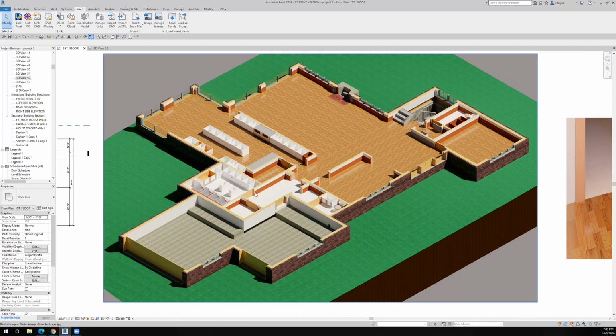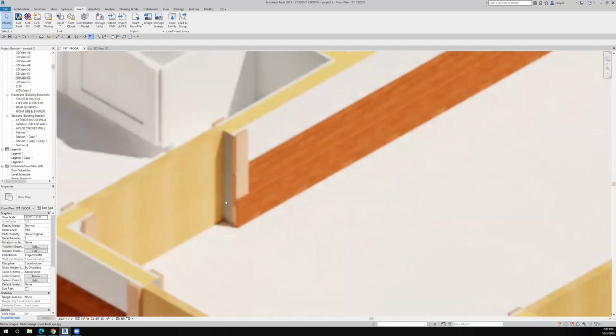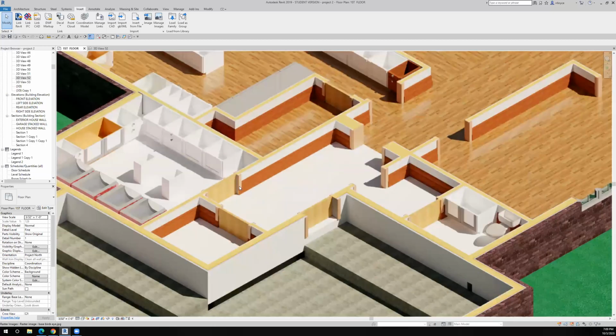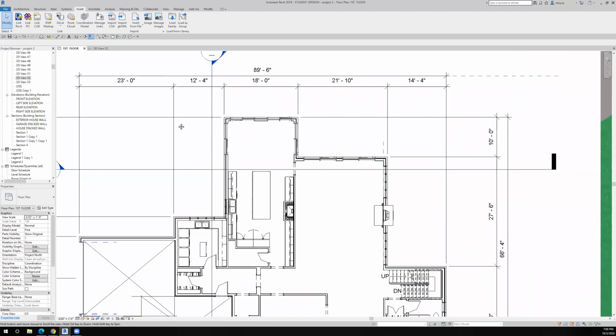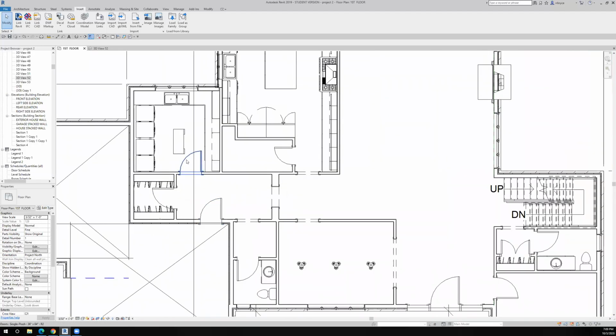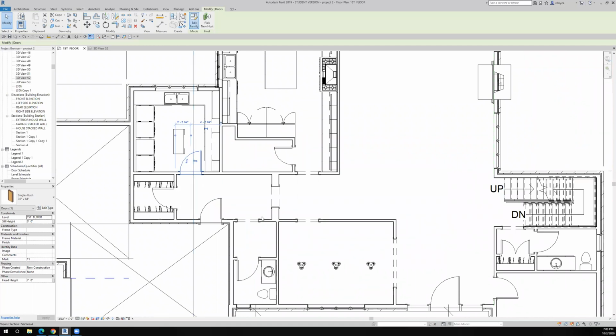And the other thing that I looked at was this is a standard Revit door from their library. And when I put the base molding in, I took it up to the opening of the door because I couldn't see the casing in the plan view. In the rendering it shows up, but in the plan view I couldn't see the casing around the door. So the fix for that, if you're using the standard Revit door, is simply edit the family